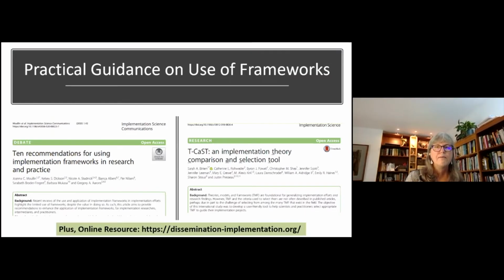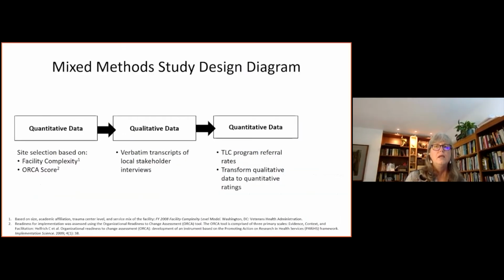So there are published papers, a couple of published papers, that give some good practical guidance on how to select a framework for your project. And these are just a couple of articles along with a website, and these are all freely available. So coming back to our mixed methods study design for our evaluation of barriers and facilitators for TLC implementation,